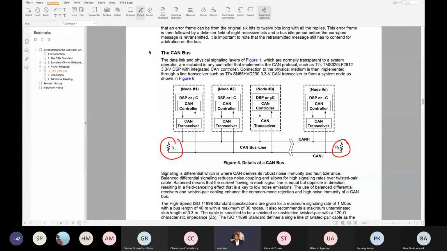Jhansi? Sir, yes, sir. Why there are 2 resistors connected in both the ends? So these are CAN. So suppose this wants to transmit data, it has to start with a frame. So in the frame there is an identifier. The identifier decides who will dominate. So if there are too many zeros in the identifier, it will automatically dominate, leading zeros. Others will be disabled. So once it sends the data, one sends and others listen. So who will send depends upon the leading zeros. That is called dominant bit. So now tell me, that is fine, but why it should be open-ended? Why there is a resistance termination here?